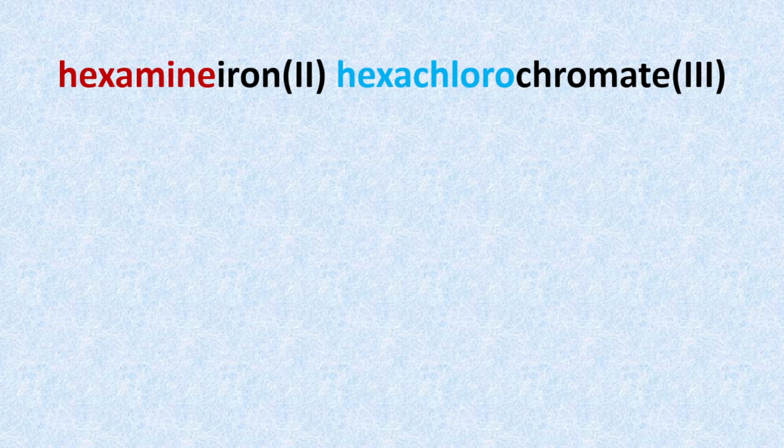This complex also has two coordination spheres. First we will write the cationic coordination sphere. So hexaamine iron. Since amine is a neutral ligand, therefore the coordination sphere will carry the +2 charge of the iron. Now come to the anionic coordination sphere,